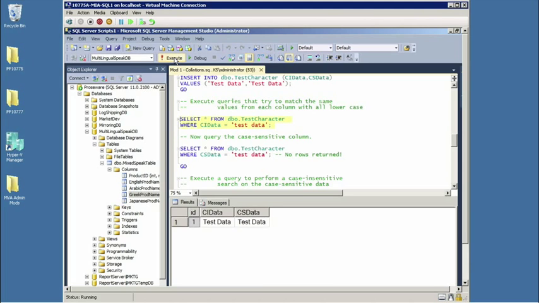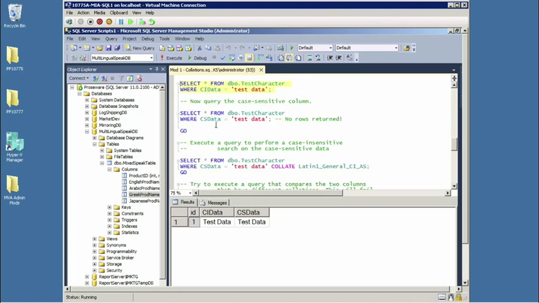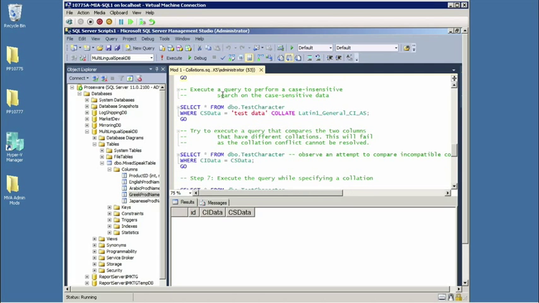But now when I query that, I actually have a row returned because it is a case insensitive collation. Awesome. Let's see where this goes now when I query the case sensitive data column with all lowercase data. You can probably figure out the end of this movie and yeah, nothing comes back. No matches found. All right, drum roll, please.